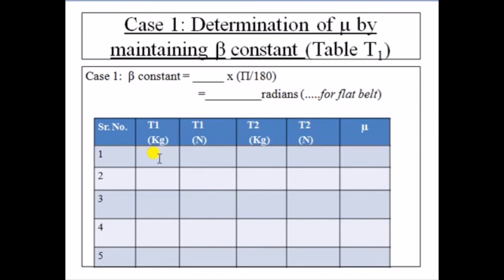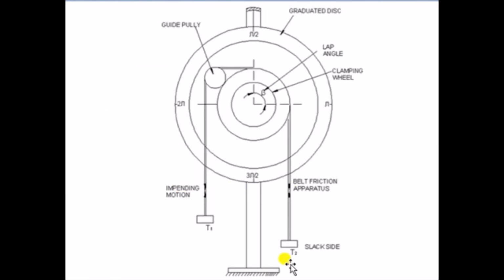This is for the flat belt, where we are calculating beta. We will take some random value of T1. For example, we are taking the value of T1 as 0.5 kg, converting that into Newton. In the second part, we are also assuming some value of T2, so let it be 0.75. Now what is the exact value of T2? How will we decide that? We have to decide it accordingly, where the value of T2 should be exactly when the belt starts sliding over the other side. For example, in this figure